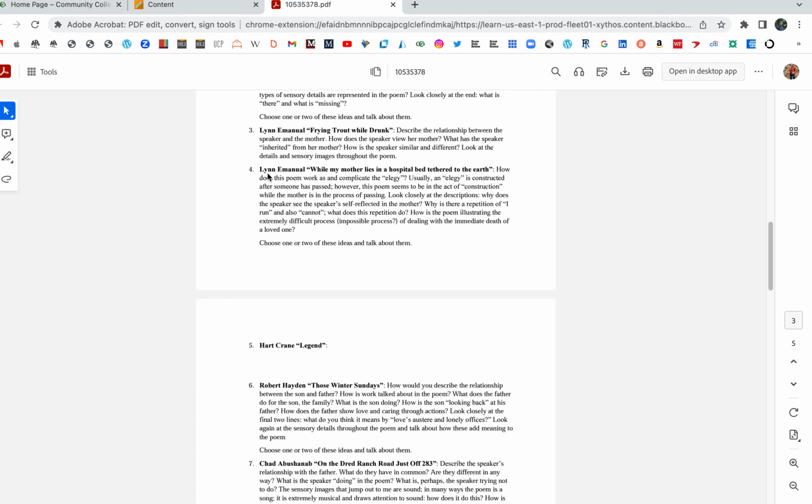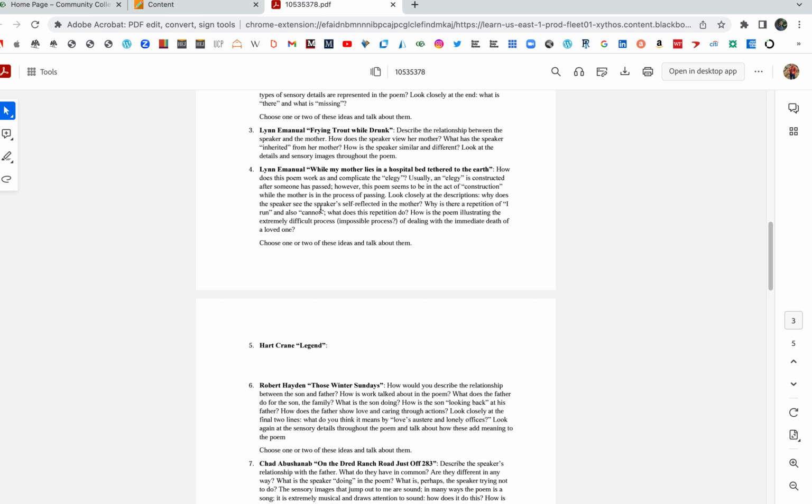The other Lin-Manuel poem, "While My Mother Lies in a Hospital Bed." How does this poem work as and complicate the elegy? Usually an elegy is constructed after someone has passed away. However, this poem seems to be in the act of construction while the mother is in the process of passing. Look closely at the descriptions. Why does the speaker see